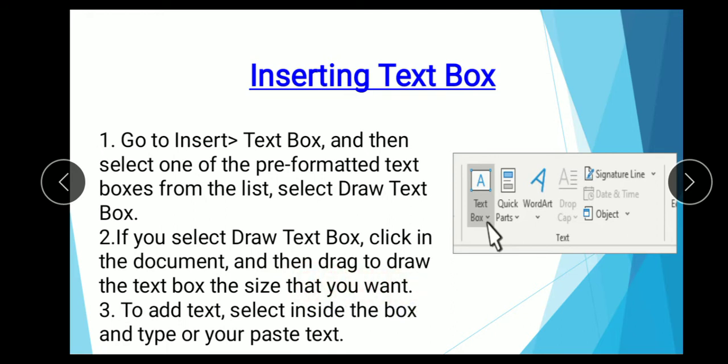Third step, to add text, select inside the box and type or paste text. When you apply these steps in your document, it is an easy way to use a text box.